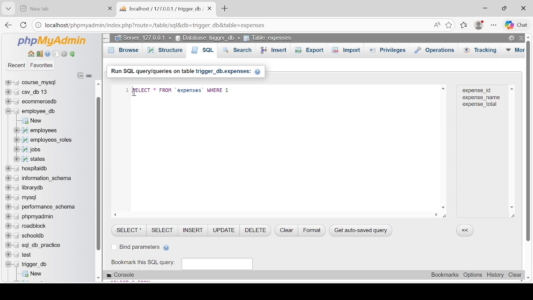Now let us create the last trigger. Create trigger after salary update, and now after update on employees. Then for each row,